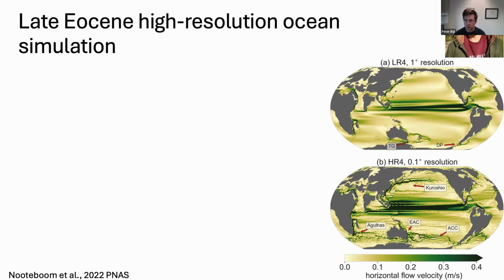You see on the top a model that is run in a 1 × 1 degree resolution, and on the bottom a model that is run in 100 times higher horizontal resolution. And you see three things basically happening. So the oceanography that is represented in the model is obviously more complex. The ocean currents are more confined, and you see representation of eddies in this model. So it's actually more chaotic, but it's also more realistic in that way.